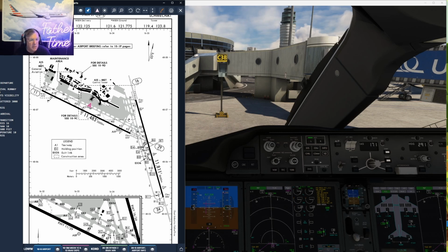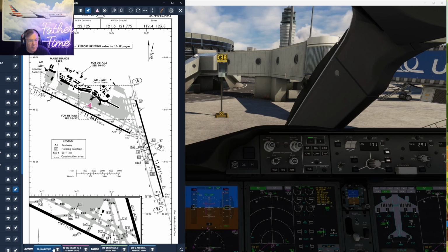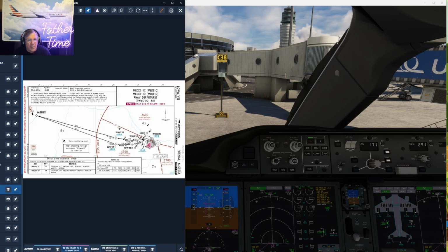So information India. Our SID today will be an LNAV and VNAV. I'm anticipating, we haven't got a clearance yet, the Medics 1 Charlie, because we are going over Medics. As you can see, for 29, it's climbing on a 291 track to 1,000 feet. Field elevation here is 600. So basically, right after we're airborne, 400 feet, left-hand turn. And we'll LNAV and VNAV it out at about 4 at